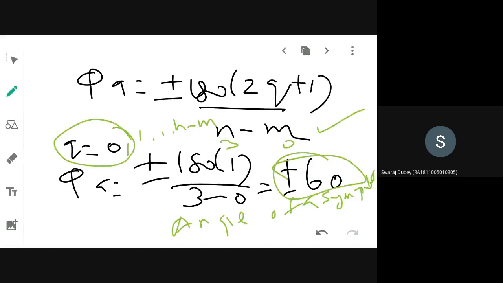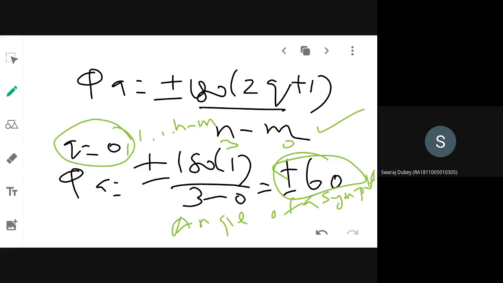Total number of root locus branches how much? 3, ma'am. 1 I have already located on the real axis in the previous step. So 2 more branches only are there, so 2 angles are enough. If one more branch is there, it means one more step you have to proceed by substituting q is equal to 1. Understood, Swaraj? Yes ma'am.